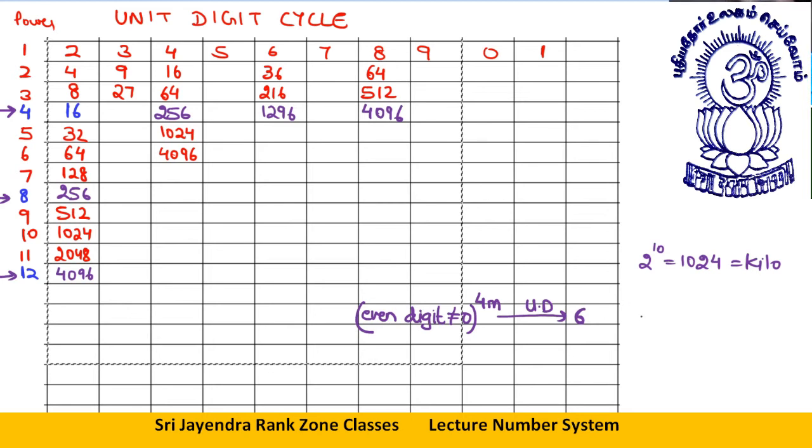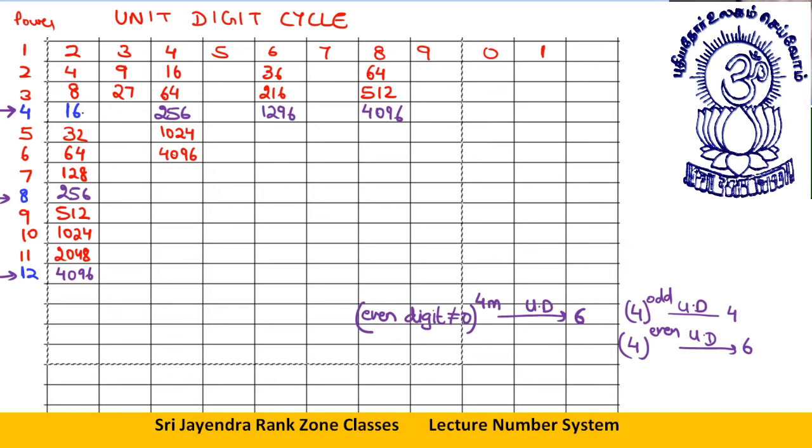Then what do we observe simultaneously? If the power is odd, look, if the power is 1 or 3, then the unit digit is 4 only. If the power is even, let's say 2, then the unit digit is 6. When the power is 4, again it is 6. When the power is 6, you again get 6. You will get the unit digit as 6. I hope so far things are clear. Right now I'm rubbing this portion because I need more space to write.